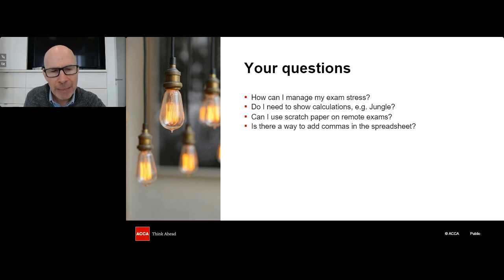Is there a way to add commas in the spreadsheet? Guys, you add commas by formatting. There's a format button, but there are no marks for formatting. Okay, so don't stress overly about formatting. Always good to be professional, and it's also nice for your own eyes to be looking at a well-formatted document. Okay, so why not format it? Takes a moment, but it's not going to help you get extra credit.